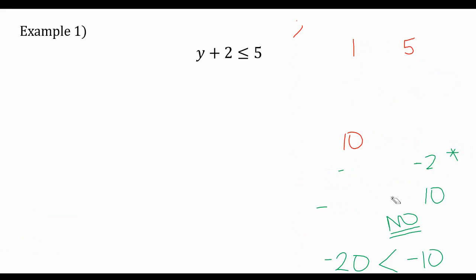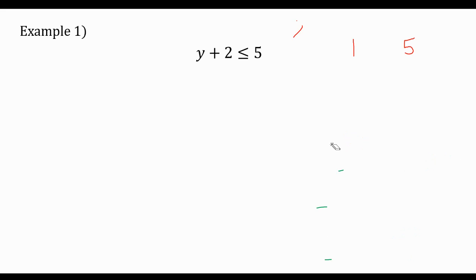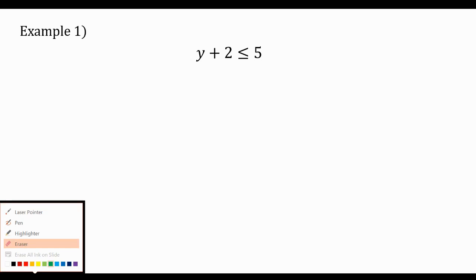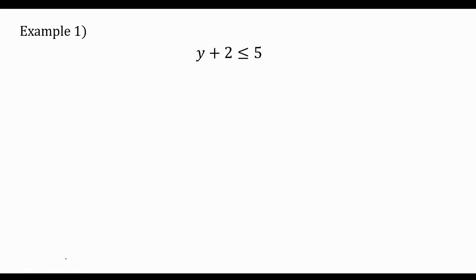All right, let me just erase this so we have our room. But yeah, the goal of that was just to make sure you understand why we flip it when we multiply by a negative number. Okay, so now let's solve this. We have y plus 2 is less than or equal to 5. So let's draw those train tracks